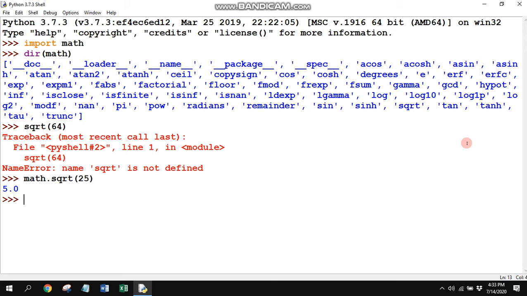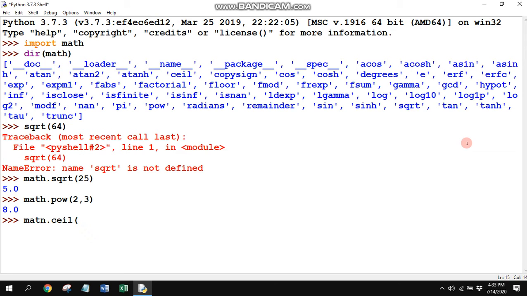If you want to see the power, I will first use math dot pow of 2, 3, so you'll get 8. One more we can see: math dot ceil function.